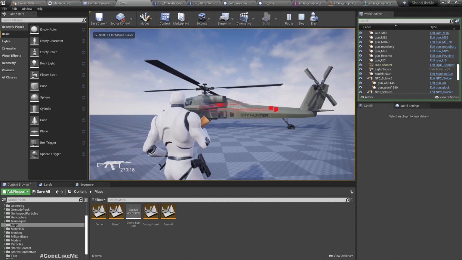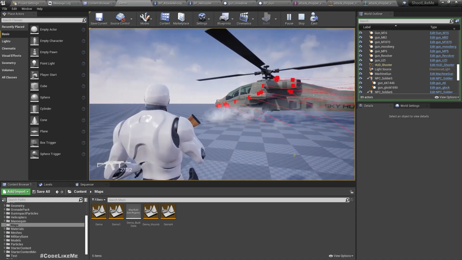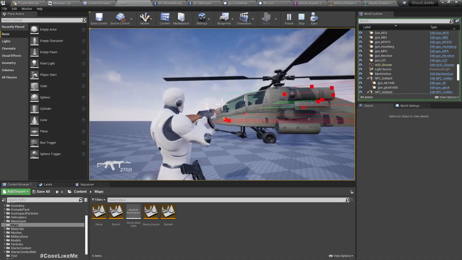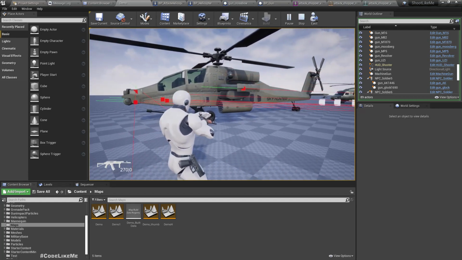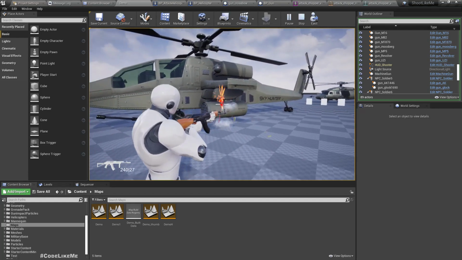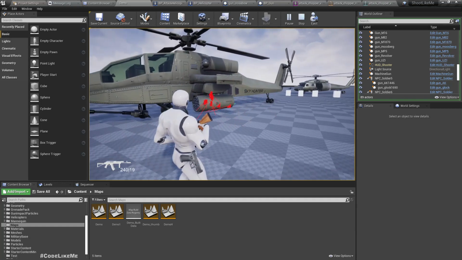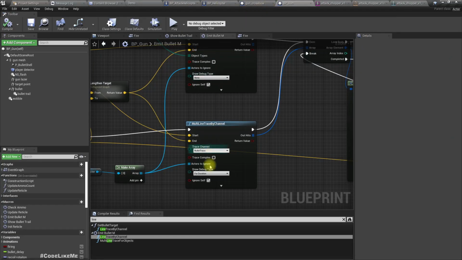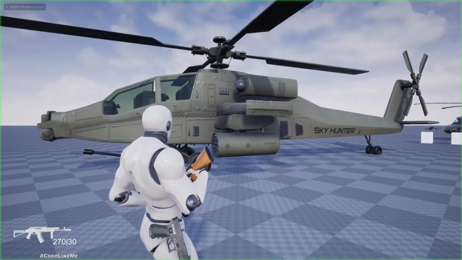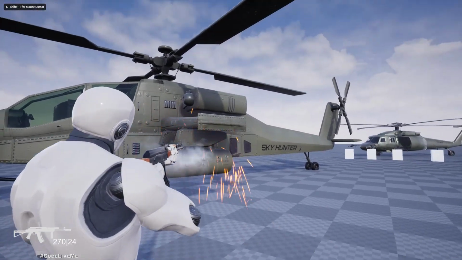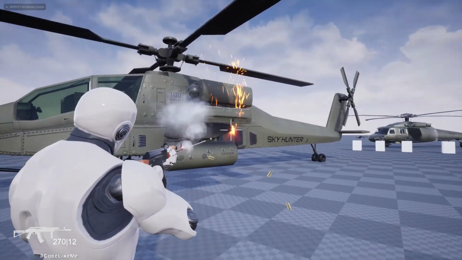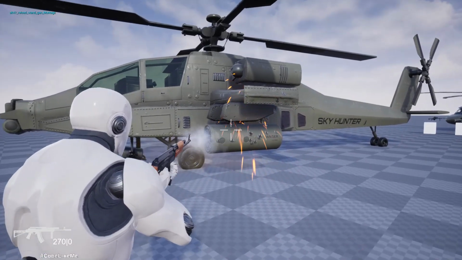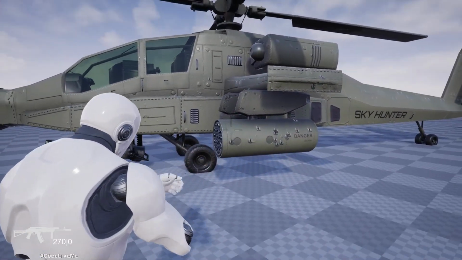See, now it's better. We get hit in the proper places, and we see damage as well. Wait, let me disable the line trace now. See, now we can see the damage. Okay, so